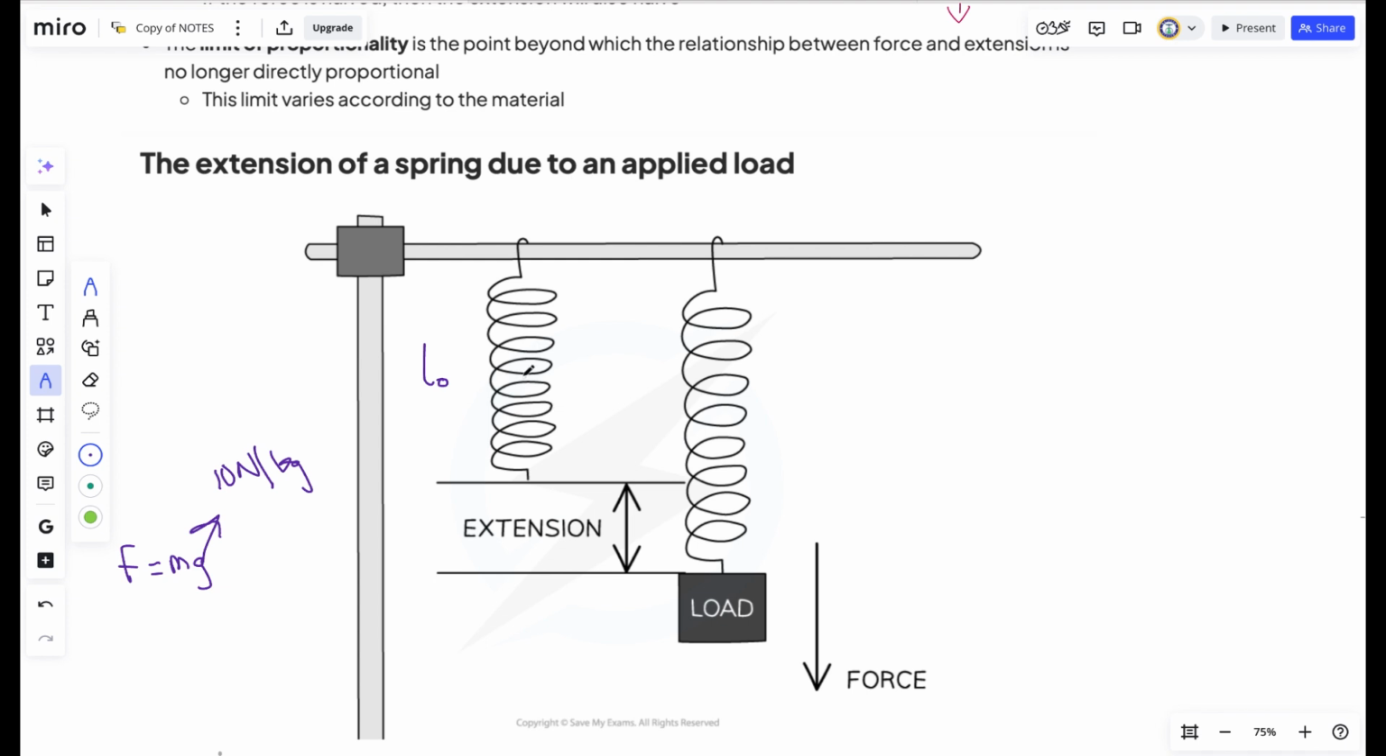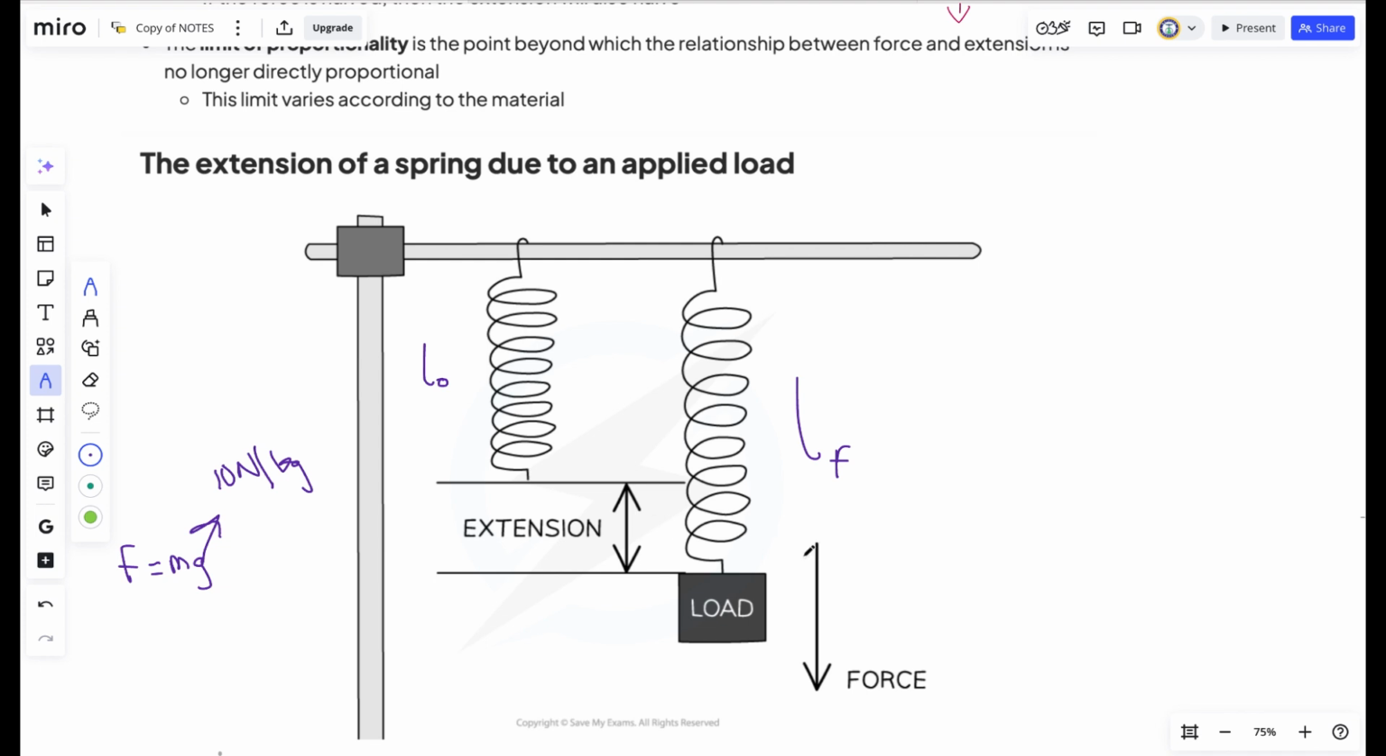Now, according to Robert Hooke, anytime we add mass to this, the force is proportional to the new length that is produced. When you didn't add anything, you get the original length. Now you have another length, you can call it L final. Now to find the extension,